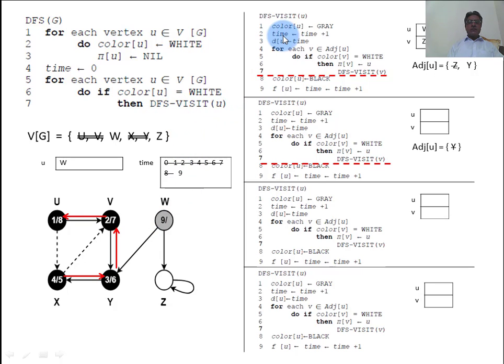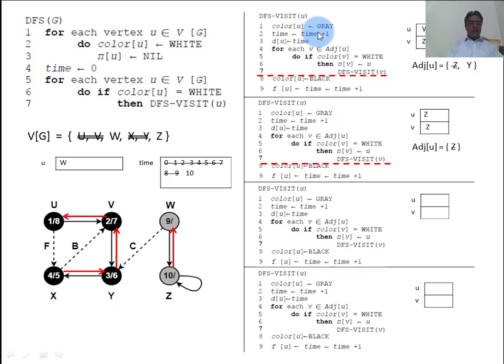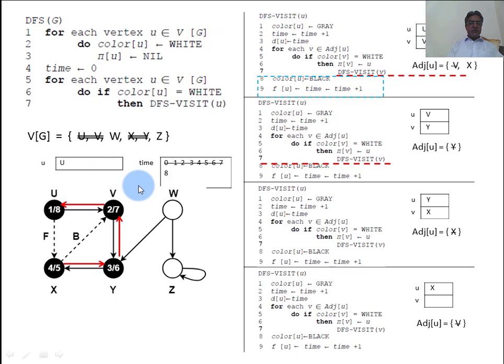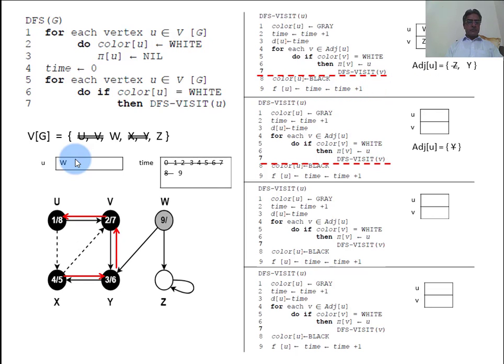DFS visit U, we have visited here. The color of W was white. We were processing this W. U is W, U contains W, and W is passed to this one.